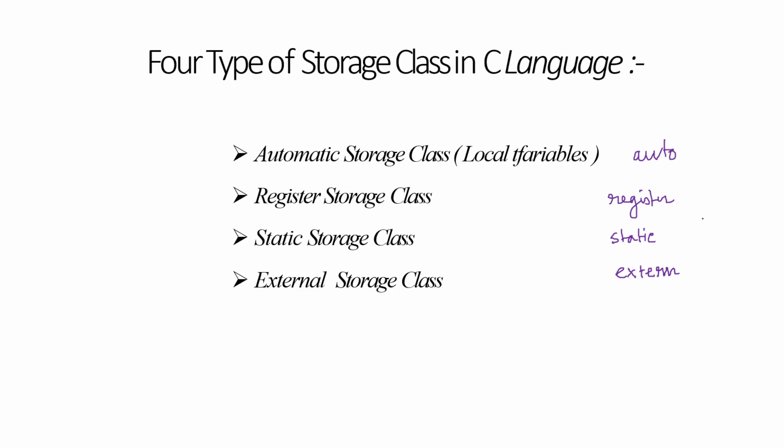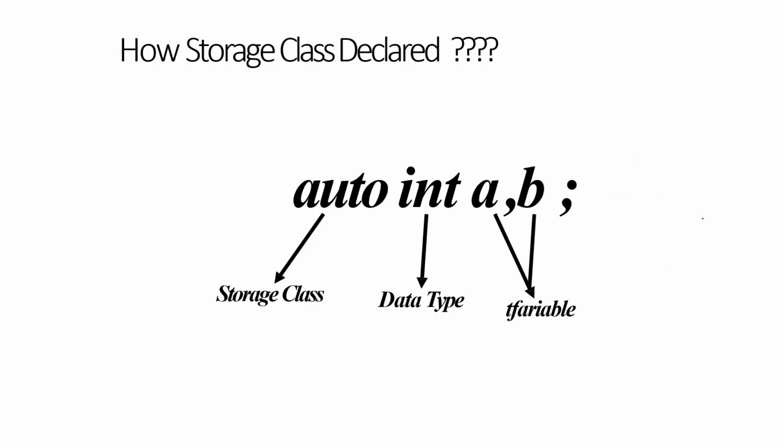Okay, so let's come one by one. You see, this is how we can declare a storage class, where the first one is the storage class, second the variable name. So up to this part we already know, and this is the part we have just seen in today's class, right? Now since auto is basically default, that's why you have not written it.